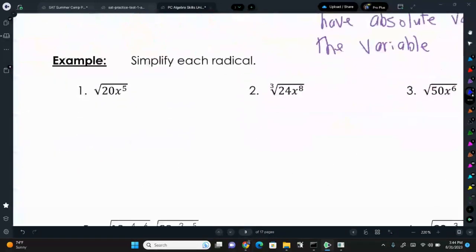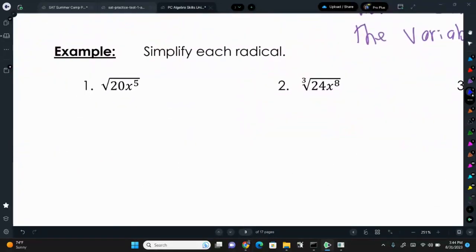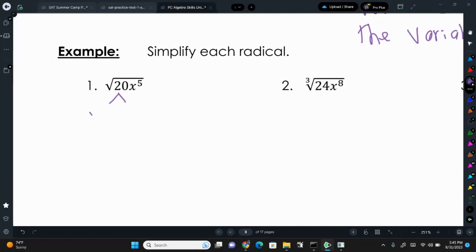So example number 1 right here, we have the square root of 20x to the 5th. Well, the square root of 20, we can work with that as 4 and 5. I'm going to leave x to the 5th there. So now we have 2 times the square root of 5x to the 5th. So now what we would need to do to figure out how to deal with the square root of x to the 5th,